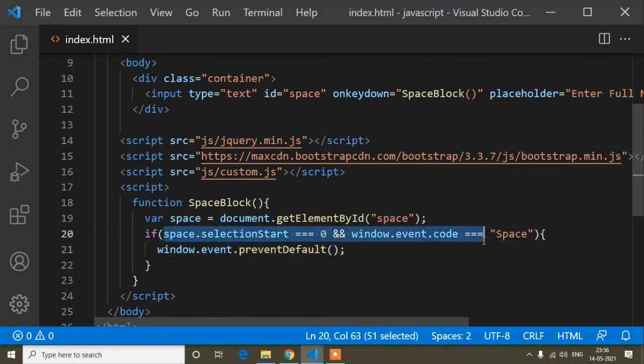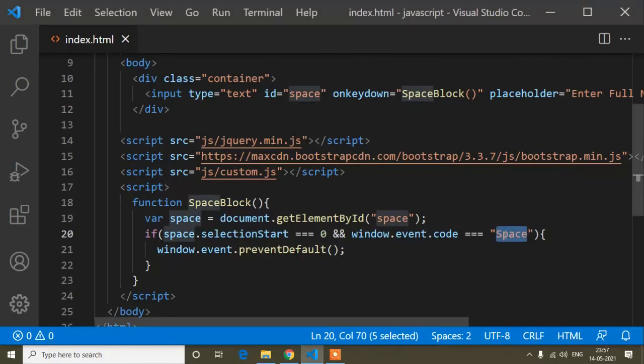Now I can add a space, because the first key was A. But if I remove it all and try to enter a space, I cannot, because the selection start is 0 and I'm trying to enter a space, so the condition matches.